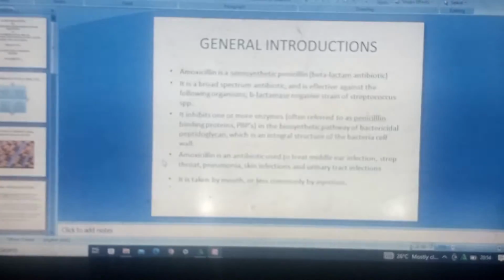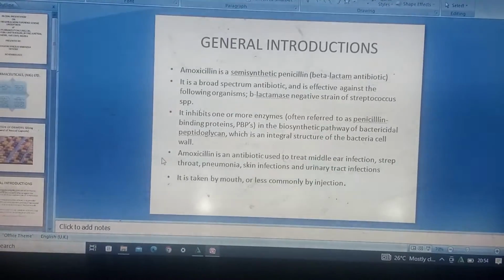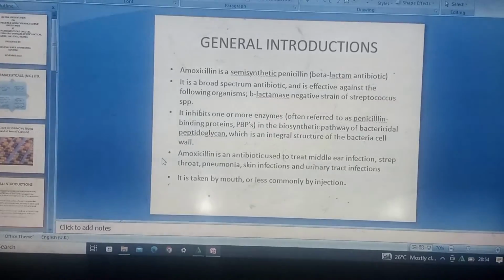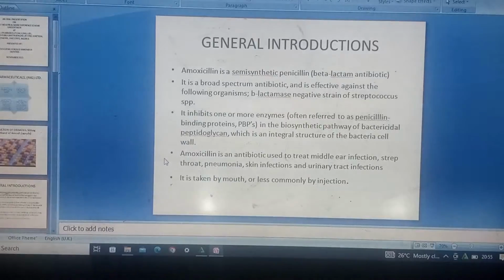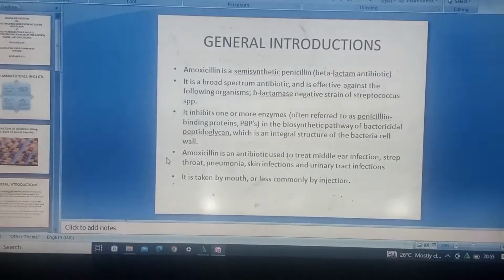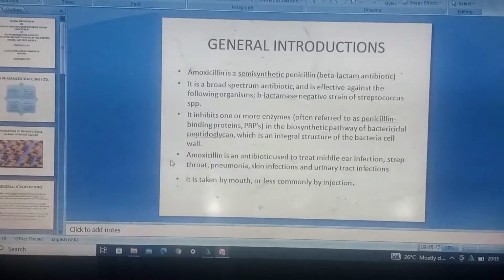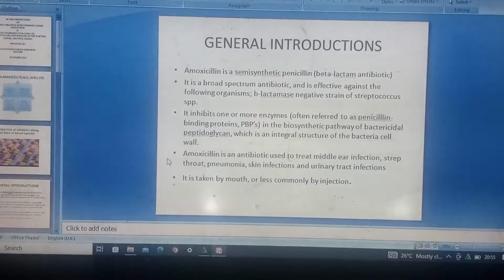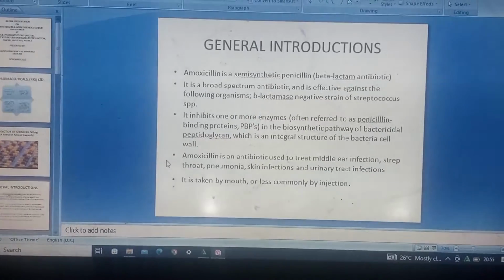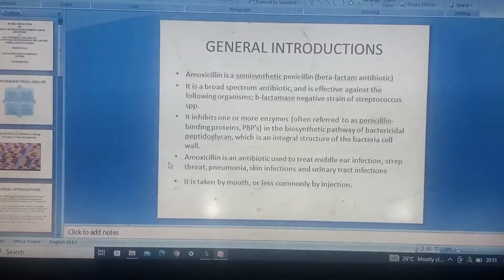What I have to do is just explain what I'm doing. Now, I said that amoxicillin is a synthetic penicillin, a beta-lactam antibiotic. It is a broad spectrum antibiotic and is effective against the following organisms. So I explained this. I talked about it, a general introduction. Highlight more about your topic, just go from up to down about your topic, like a summary of your topic, so that people will understand what you're doing. So you introduce your topic, you say, okay, this is what I'm talking about, this is how it is, so that people can understand, and then you move on to the next slide.